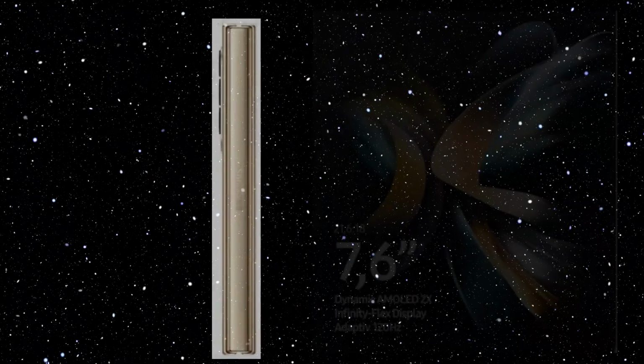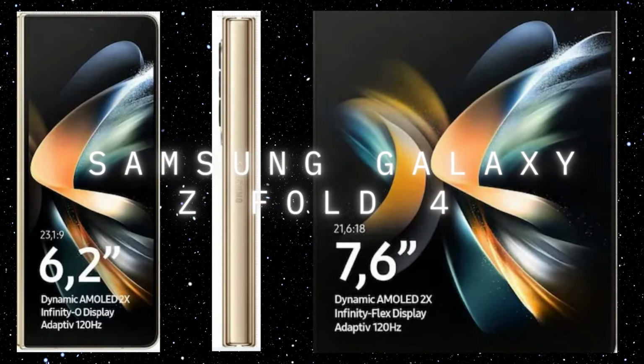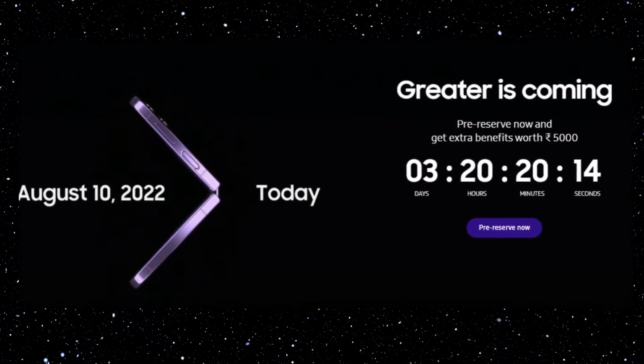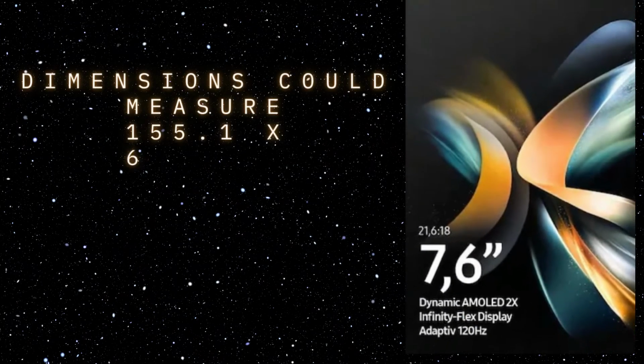Samsung Galaxy Z Fold 4 officially launched on August 10, 2022. It has been spotted in a listing on Amazon's Netherlands website. Samsung Galaxy Z Fold 4 spotted on Amazon ahead of launch. Specifications, features tipped. Dimensions could measure